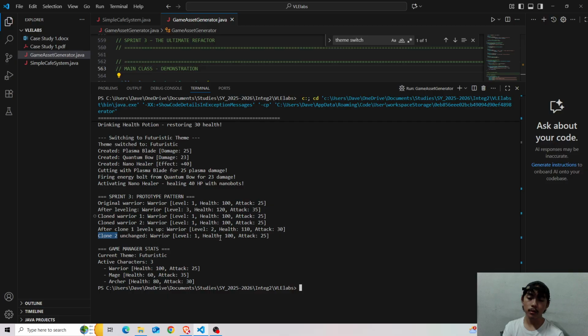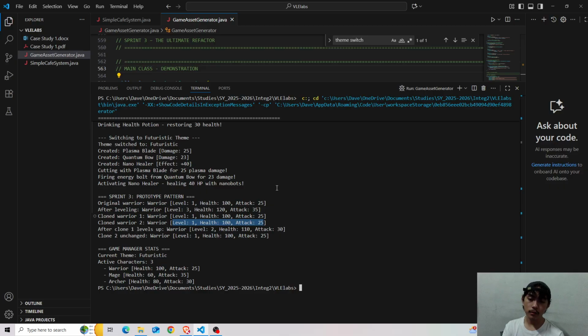So as you can see here, warrior clone 2 has stayed on its past stats, right? So still level 1, health 100, and then attack damage of 25.